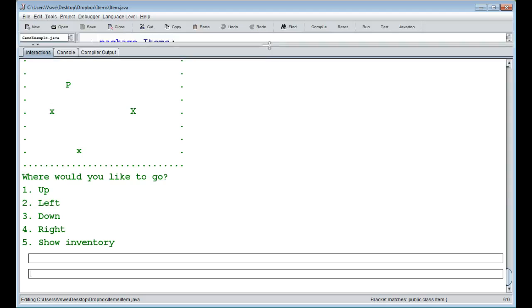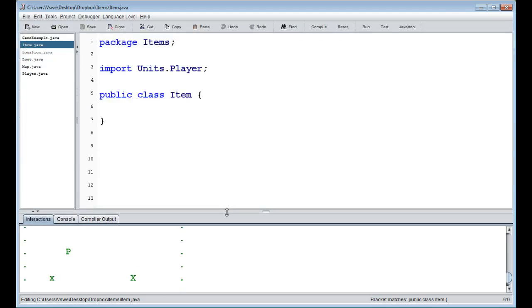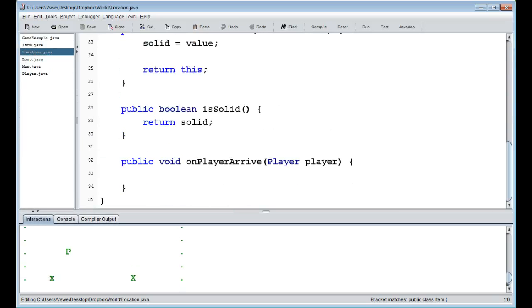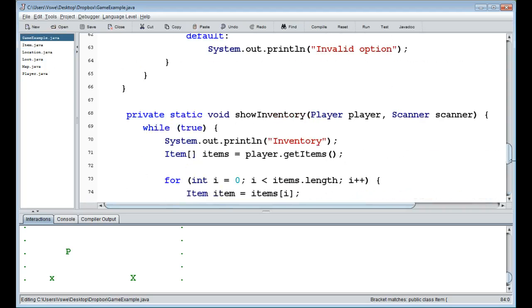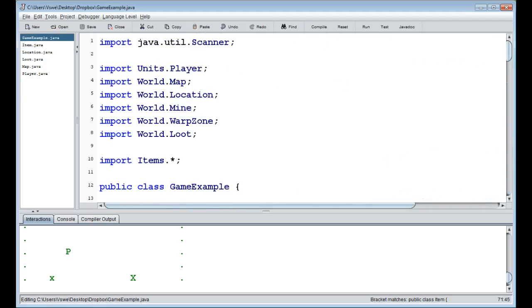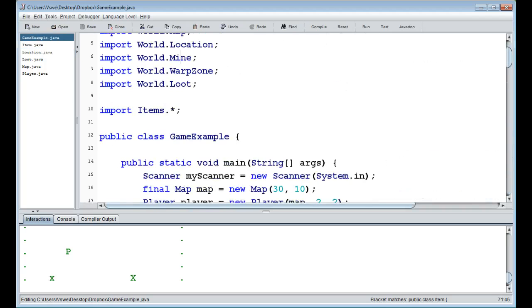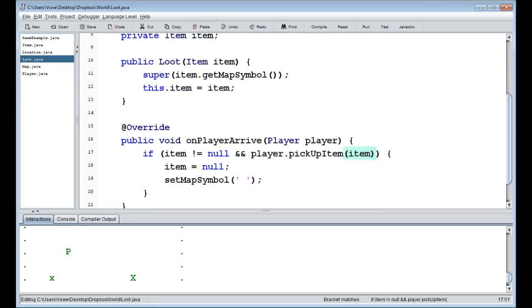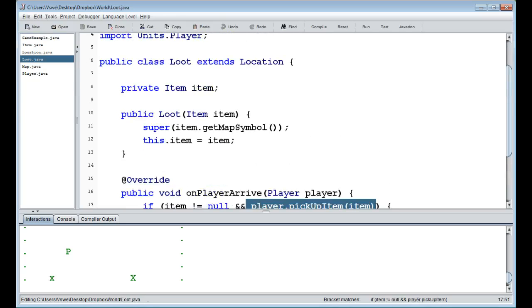It doesn't work, it's going to crash if I click there. It's also a bit different from last time. For instance, the location doesn't include the warp zone anymore. The warp zone itself is its own class, because the last lecture was about subclasses. So we have a mine, a warp zone, and also a loot, and that's what all of this is going to be about. So the loot here wants to have an item,